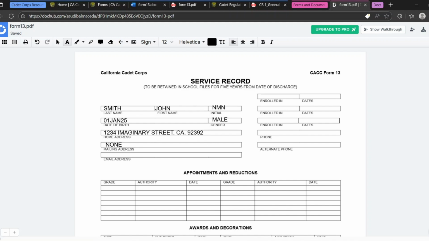5-digit zip code, I apologize. And if you do not have a separate mailing address, then your home address, you would type in none as shown on screen. For this example, in this Form 13 that I'm using, the enrolled in section is going to